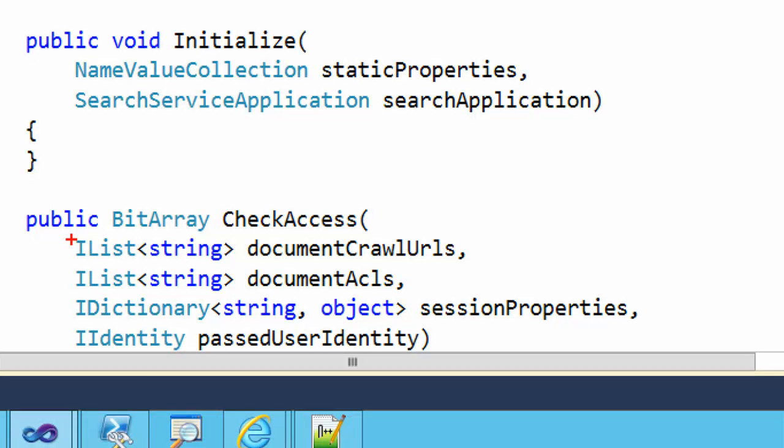Well, which is the user? Well, the passed user identity is essentially the claim set. So you know who is issuing the query. So you can use that and then have logic based upon the crawl rules and then remove documents from some logic. Or you could use this new part of the ISecurityTrimmerPost interface, which is this parameter,